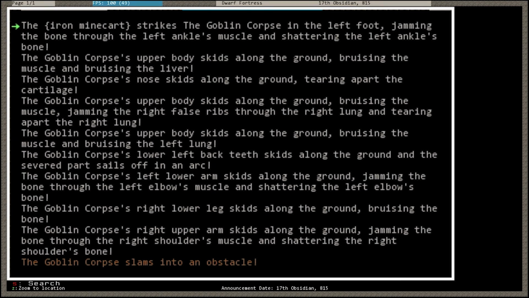There's blood content. Usually your characters die due to bleed outs or their skulls getting caved in. So for example, the goblin corpse got hit by the minecart. It skidded along the ground. When he got hit, it hit him in the left ankle and shattered the left ankle bone. While he was skidding along the ground, he bruised the muscle in his liver,